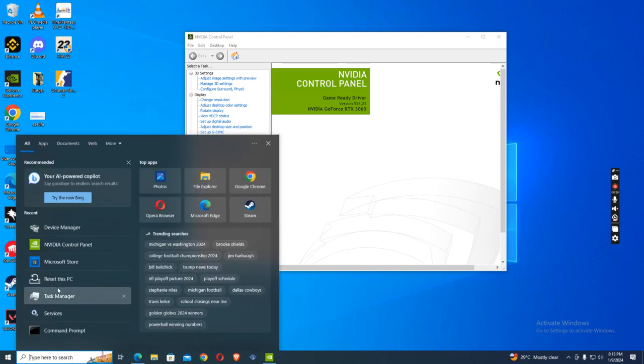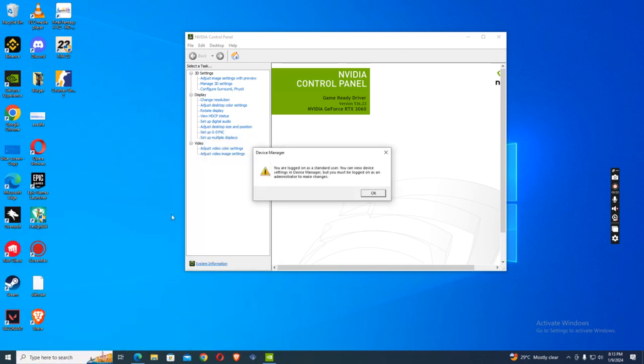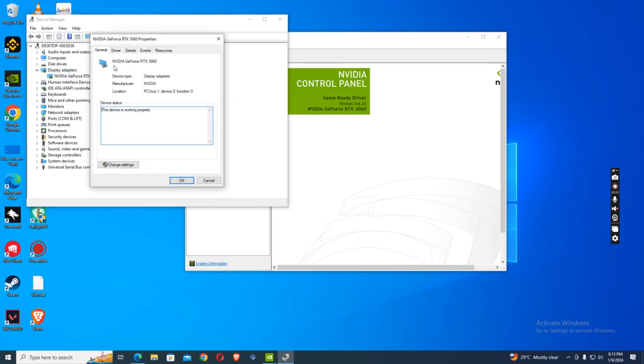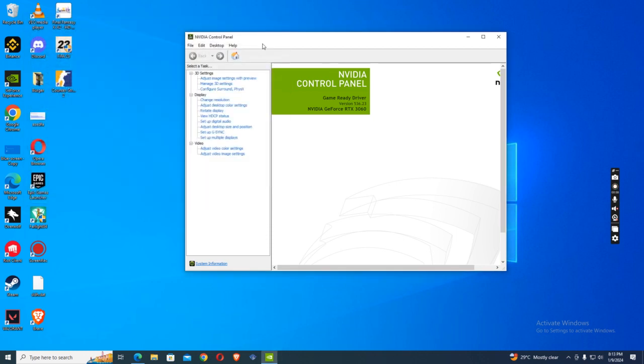First thing is go to Device Manager on your Windows, and here find the display adapters, and then the drop down, click on Nvidia GeForce RTX, and make sure that the status states that this device is working properly. Now if it's not working properly, we have another way that you can do in order to fix the or